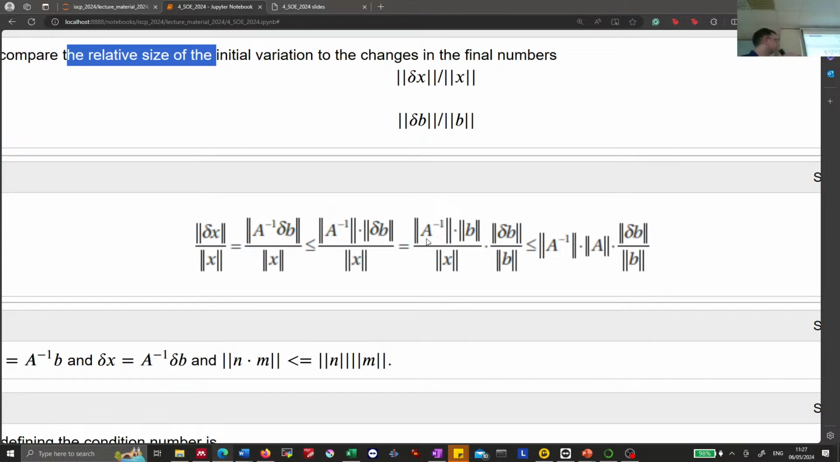Right, and then we're left with A minus 1 times A, which together, ideally, should be 1. But the product of the norms is still different from the norm of the product. So when this number is equal to 1, then the changes here and here should be similar. But if this is very different, for example, this is 1 and this is infinity, then it will be much larger, and the changes in x are much larger than the changes in y,